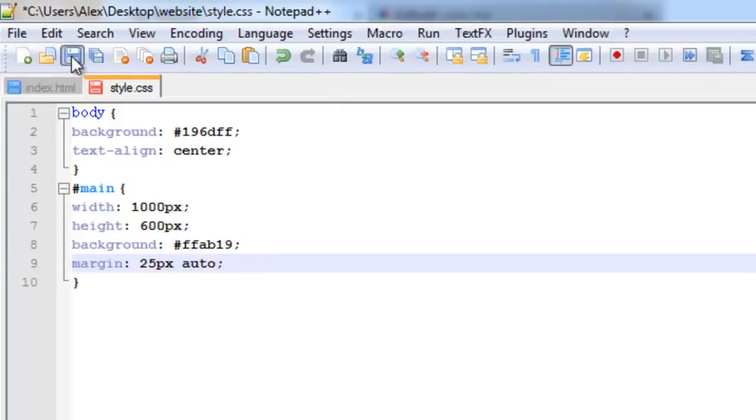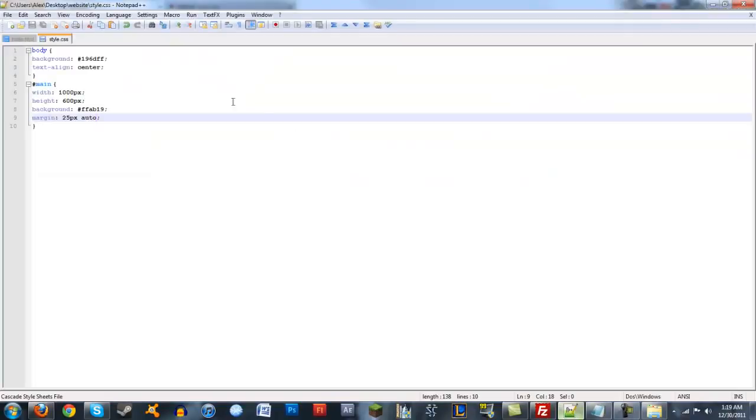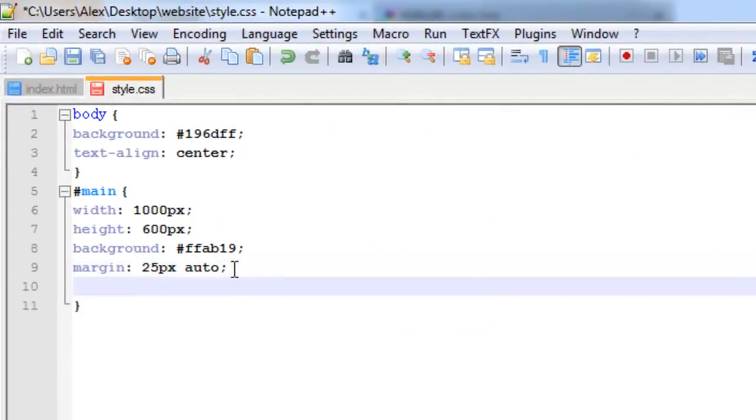So you will now see that when I save that and refresh it, suddenly it's further away from the top of the page, 25 pixels. This big golden box is centered in the middle, and we still have our text inside. The text is centered, but we don't want the text to be centered. We want our text still left aligned. So what we're going to do is we're going to add another line of code, and it's going to say, well, actually we're not going to add another line of code here yet,